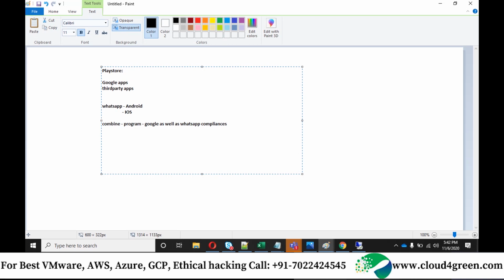Means they combine both Google compatible application customizations along with the company compliances, where they will update a security patch or lock in user information. It's a combined program, right? And they will upload it in Play Store. And as a third party user, you can just download.